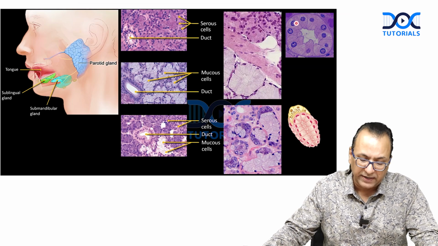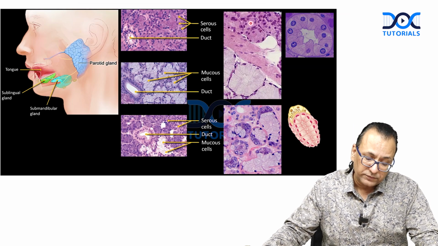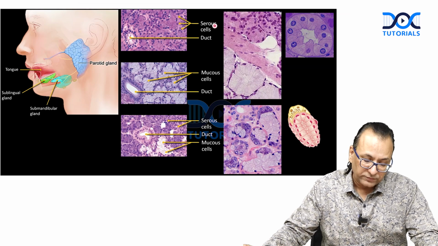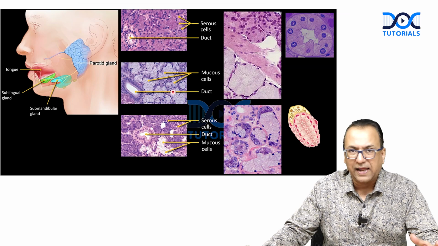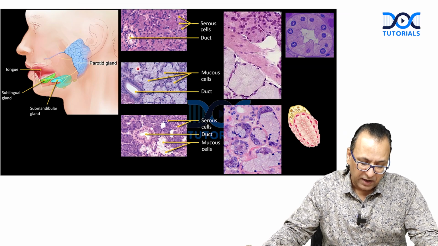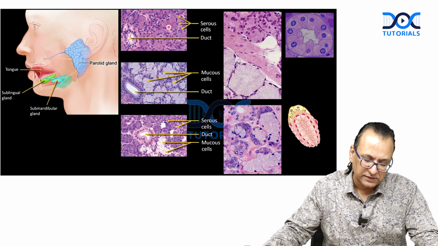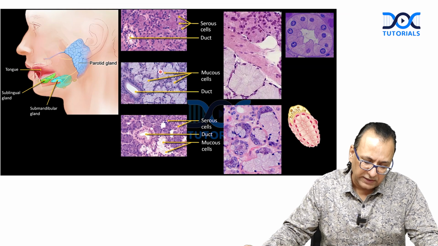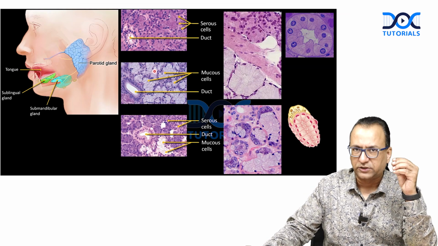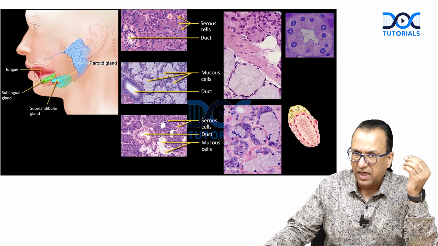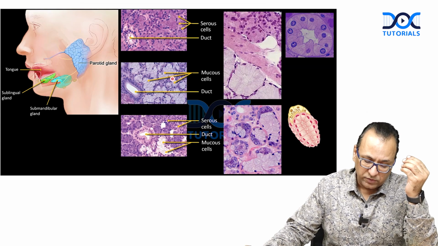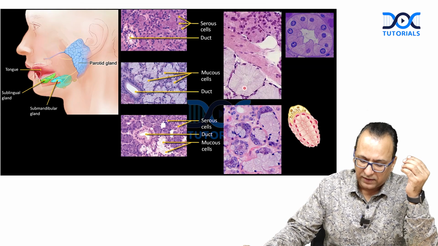of eosin, pinkish stain. Now you are comparing it with what? We are comparing serous cells with the mucinous, because mucinous cells take lighter stain and they are not as pinkish as the serous cells, and moreover these mucinous cells, their secretions are mucinous, thick, and the serous gland secretions are thin and watery. The mucinous cells are also identified with the fact that there is so